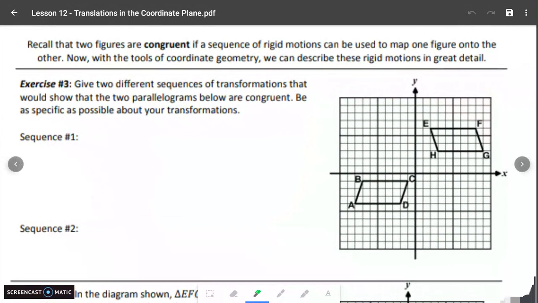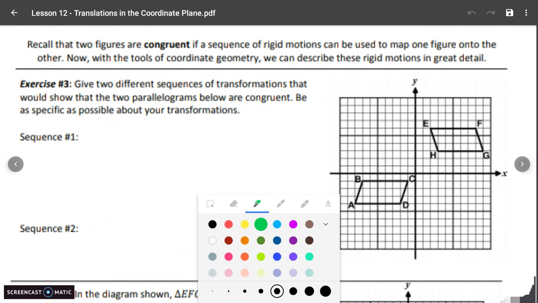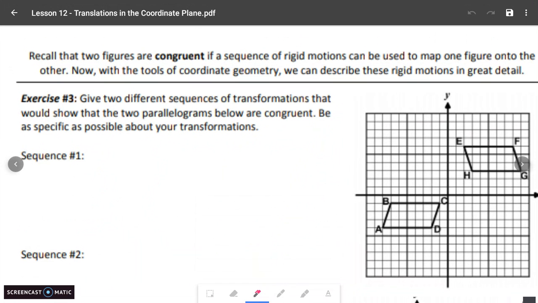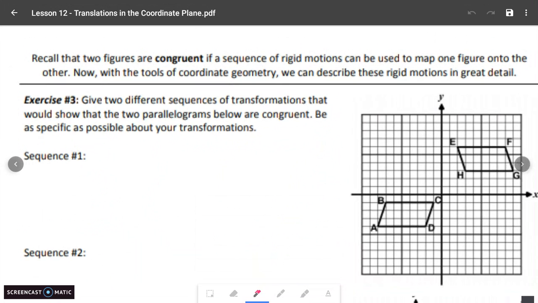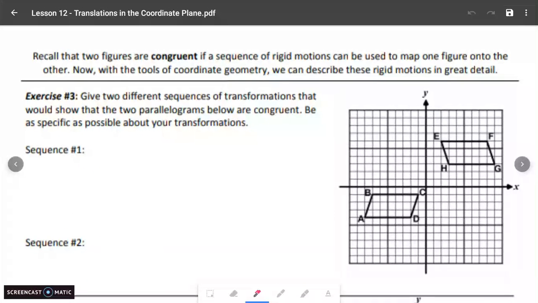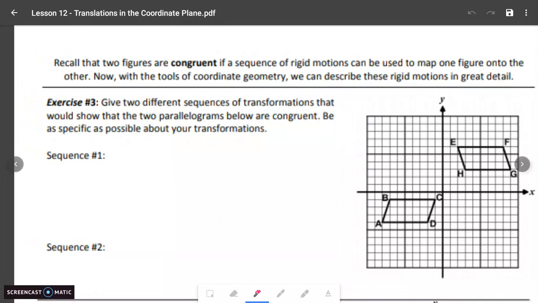Now, two figures, if you have a sequence of rigid motions, we know they're congruent if they map onto one another. I have two parallelograms here, and there's two different sequences you can show. Really, there's not just two, so there's many, many different ways you can go about doing this. So if we started with one of the more popular ones, now I want to give two different sequences. Now, one thing that we want to be sure of, though, is that we're mapping these onto each other. So I'm going to say maybe we'll start with